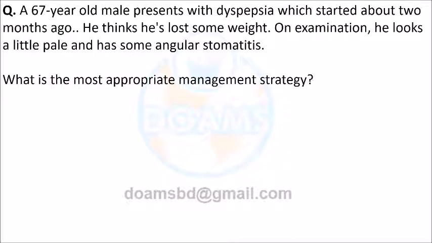Yes, new colleague, Dr. Huaida, possibly. Please. Hello. Any clue of anemia? Angular stomatitis. This means iron deficiency anemia. Fantastic, fantastic. Thank you, doctor. So these are the messages we need to collect from the questions. If you say that, okay, 67 years may be a keyword, yes, because iron deficiency in an elderly patient indicates